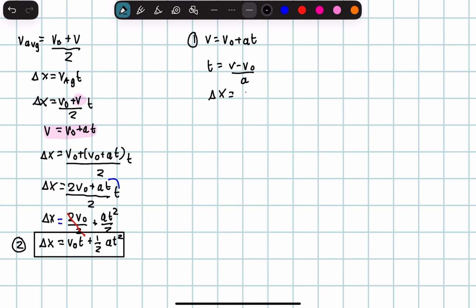Delta x is equal to v initial plus v divided by 2 over time. Now, instead of time, we can use this entire expression. So we'll have delta x is equal to